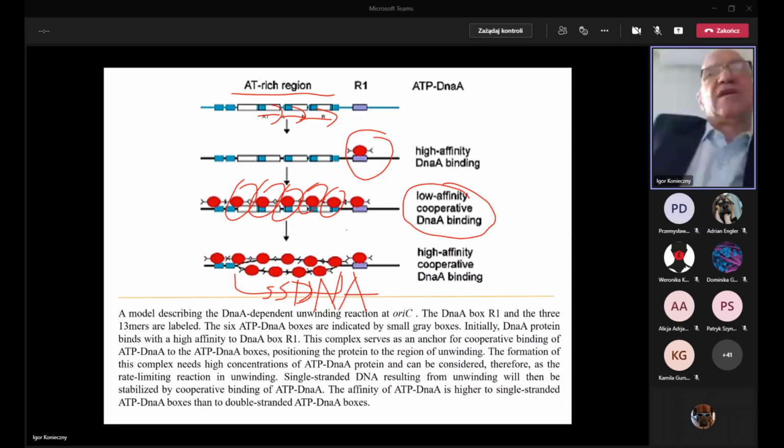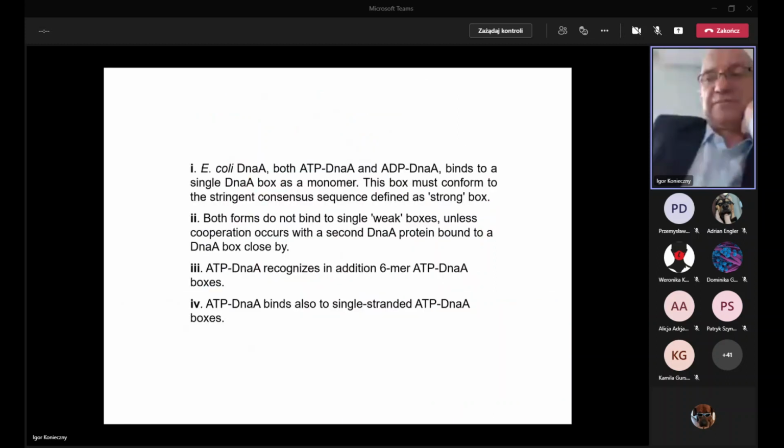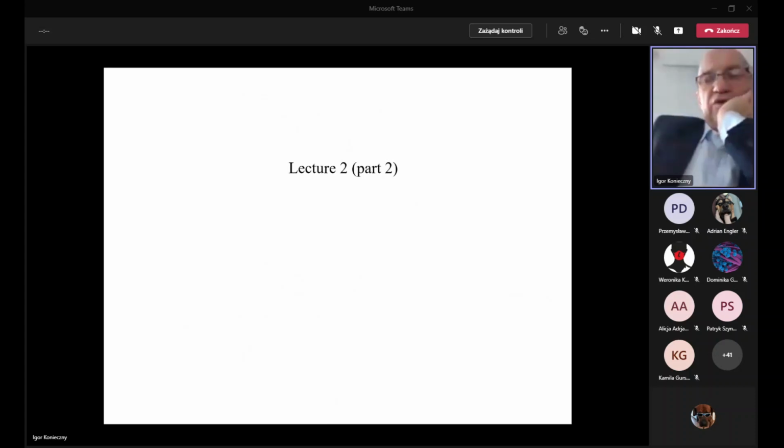One is the traditional one, 9 nucleotides long with a consensus sequence, and a shorter one which requires ATP for the DnaA interaction with those sites. Okay, these are the conclusions, and I think we can move to part 2 of this lecture,